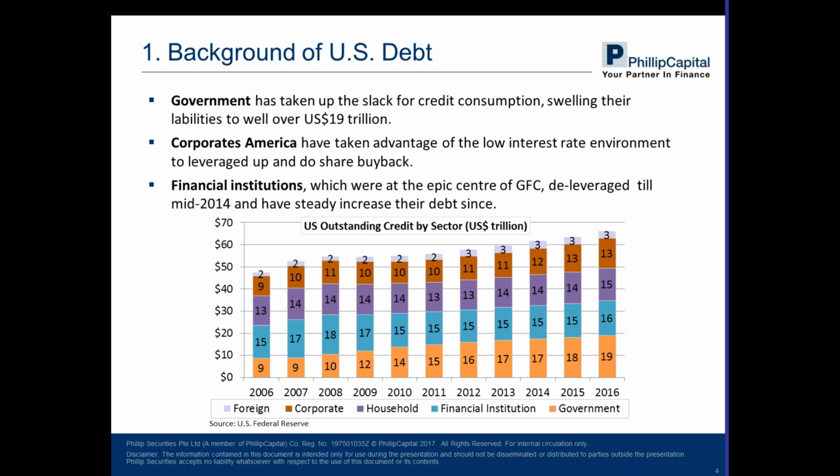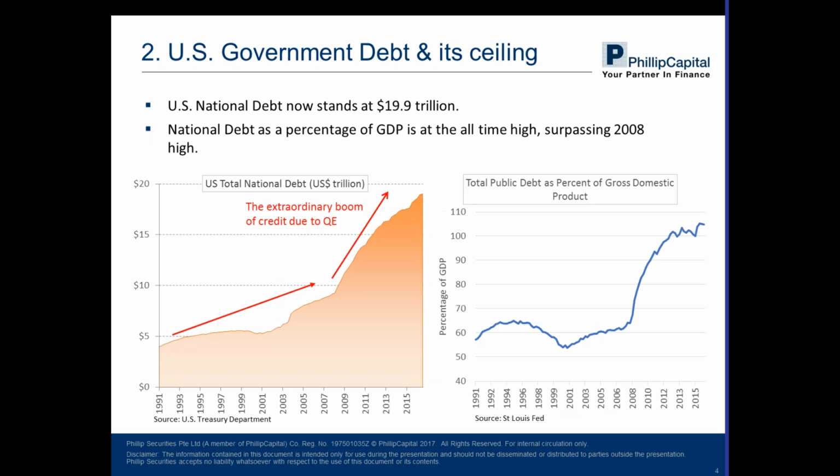But our question is always, what happens if a government is to default? We're not saying that it will be likely, but as the U.S. government continues its credit consumption, we are starting to worry about whether they are able to ultimately pay back their debt, and therefore it brings us to the next topic here, which is the U.S. government debt or the public debt itself. It's currently standing at 19.9 trillion, and obviously we all know that this is at an all-time high.